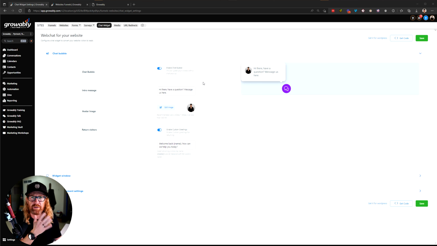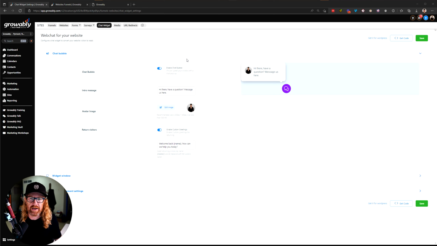It's got some great features in it. It's probably got a few limitations that are not as good as the standalone things that you pay $50 a month or $100 a month for, but it is an awesome way to get started if you want to throw a chat widget or a chat bubble on your website. If you don't have anything yet and you don't want to go and spend that $50, $100, $200 a month